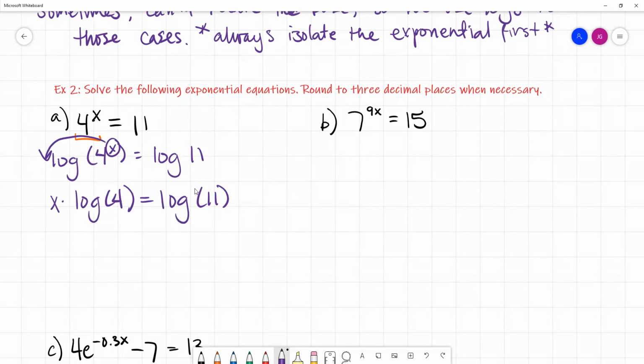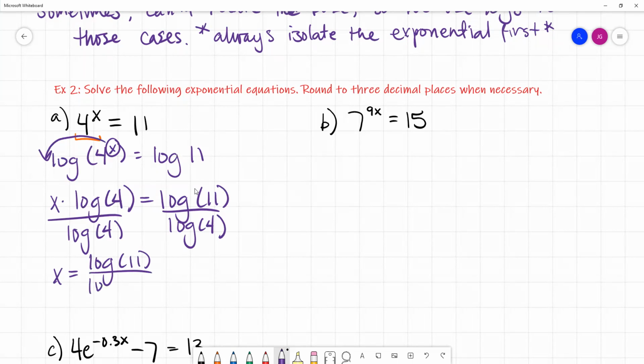Log of 4 is a number that you can put into a calculator, it results in a number, right? Log of 4 is some number. And so here it's like I have 2x. How do I get rid of the 2? By dividing both sides. So here, divide both sides by log of 4. Okay, so my answer is going to be whatever I get from putting log 11 divided by log of 4